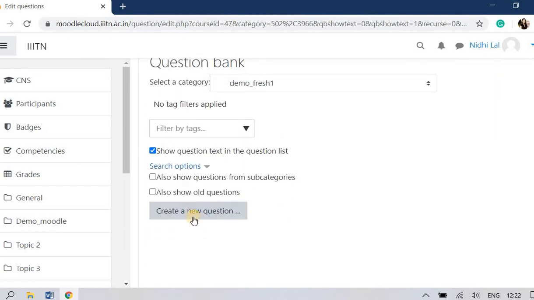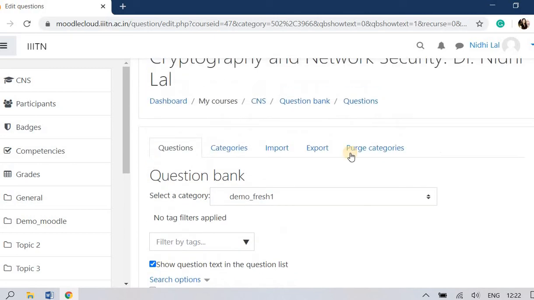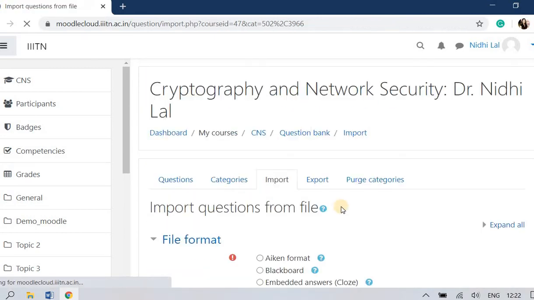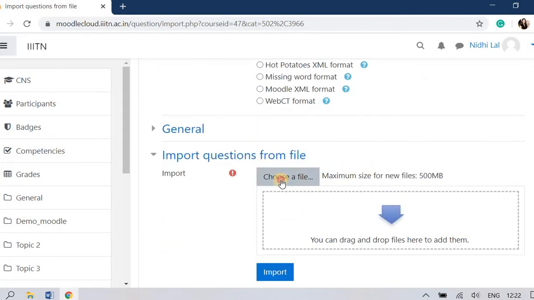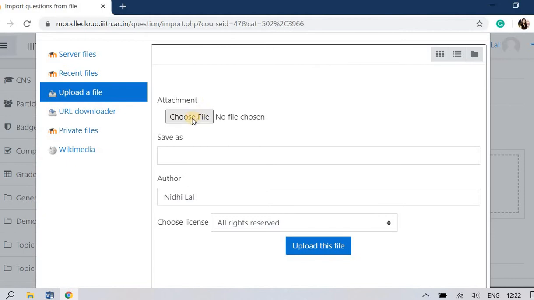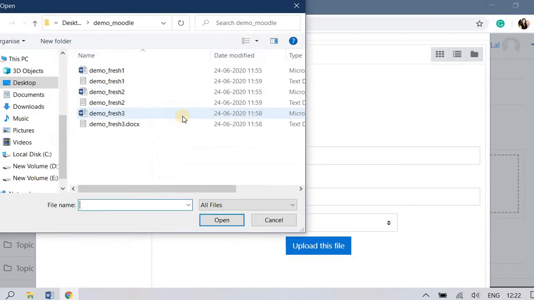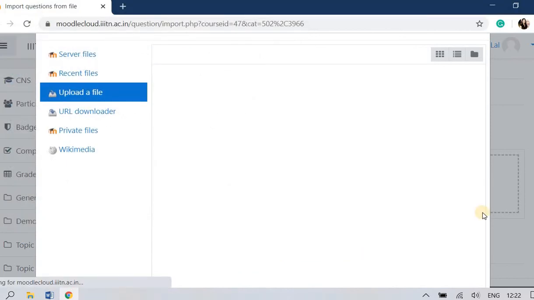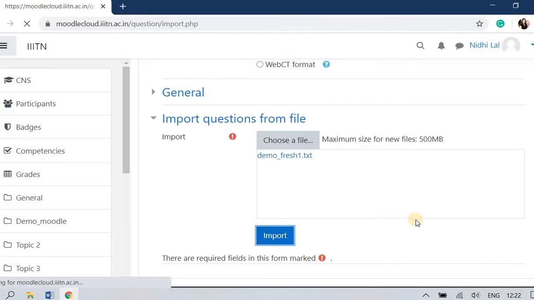If you click the button create a new question, you have to create it manually, but in this case I am importing a text file. I have to select demo fresh 1 and upload this file, import.